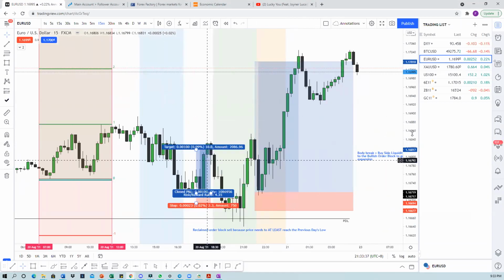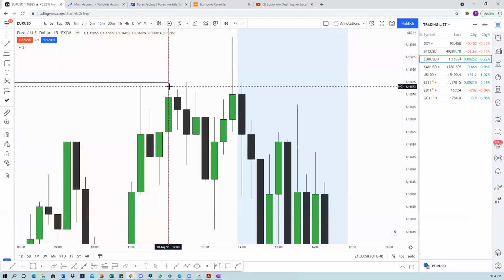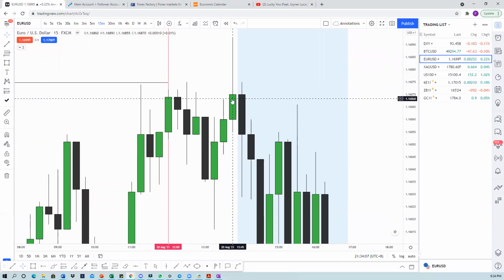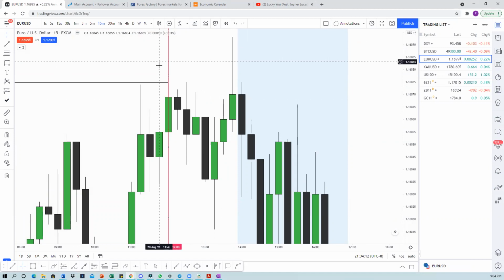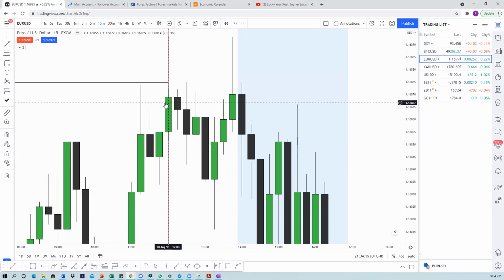Okay. If I go to euro, and if you look at the 15, if you look at this body, let me take this out. Look at this body here. The opening, the closing is 1.16869. The closing of this is 1.16870. Now, between the two of these, let's call this candle A and candle B, which one